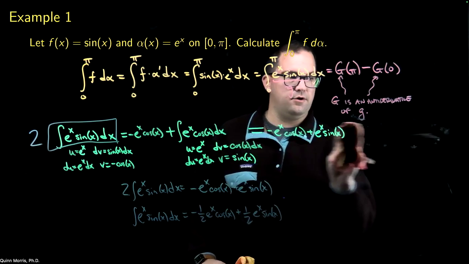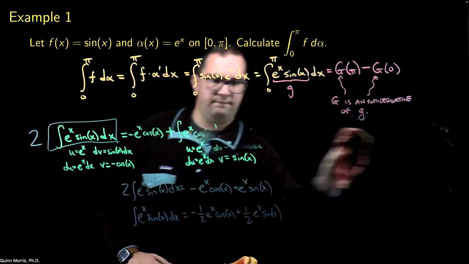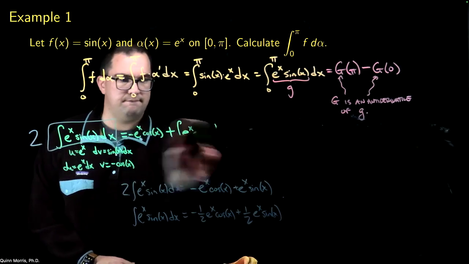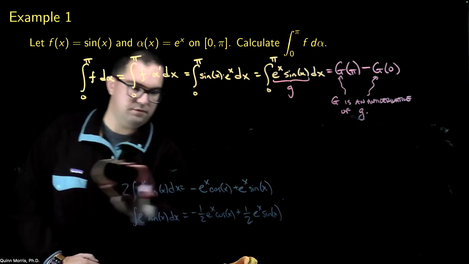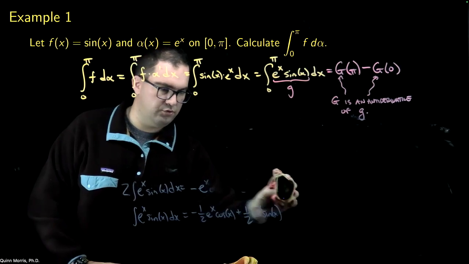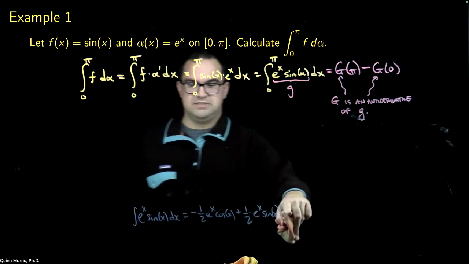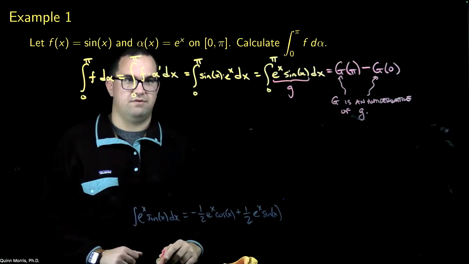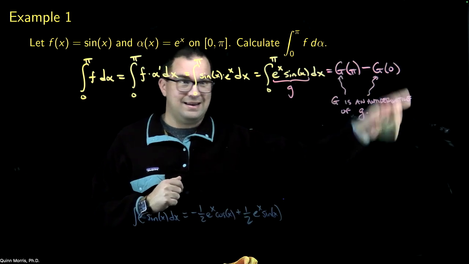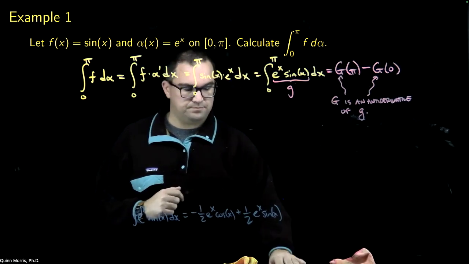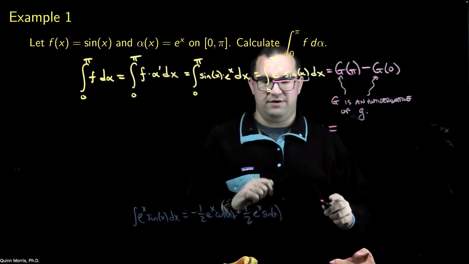Now, if I come back up here, get rid of this work now. Really, all I need now is the antiderivative that I was able to find. Okay. I guess if this were a Calc 2 course, at some point you should yell at me because I didn't write plus c down here, so I didn't find every antiderivative. But remember that here I don't need every antiderivative. I just need g to be an antiderivative. Okay, so in this case, I can say that this integral from 0 to pi of f d alpha